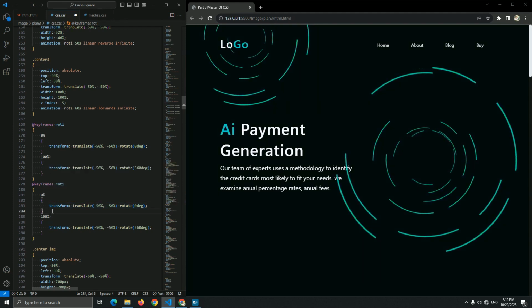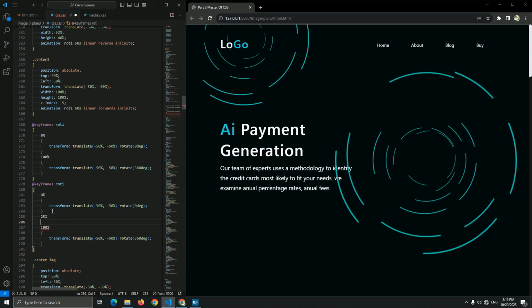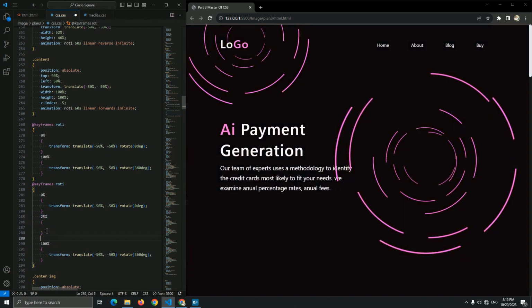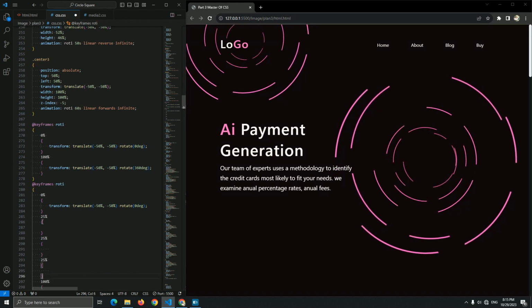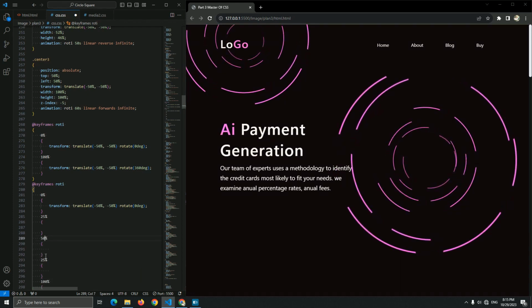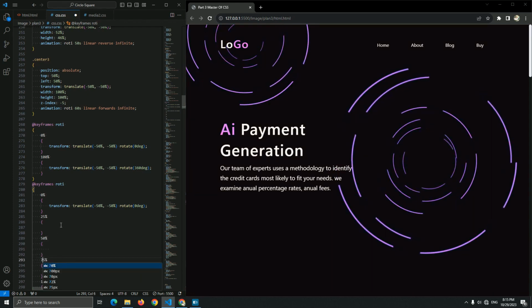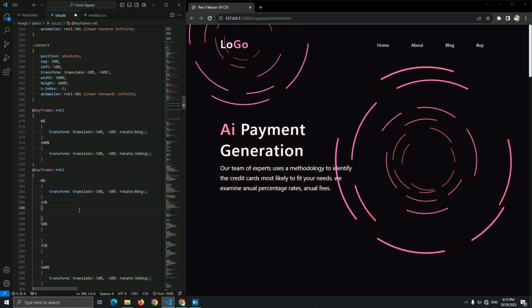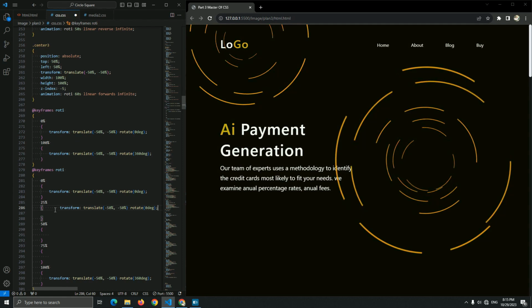Let me show you. You're going to add 25%, 50% and 75%. For 25%, what you're going to add is a rotate.